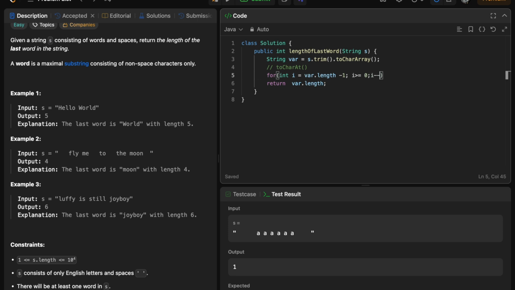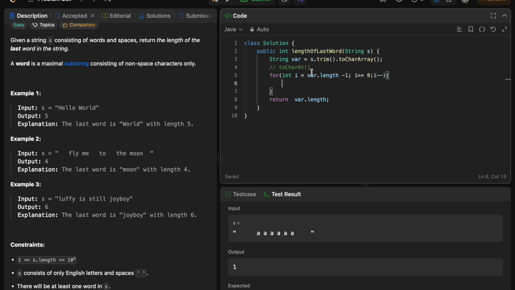That's our base condition. Now what we are looking for is whether var[i] is equal to the empty string. If that's the case, we return the length that we have accumulated so far. The length that we are currently on is the index, and the total length would be var.length. We are going to subtract the current index, and we are also going to remove one from it, because